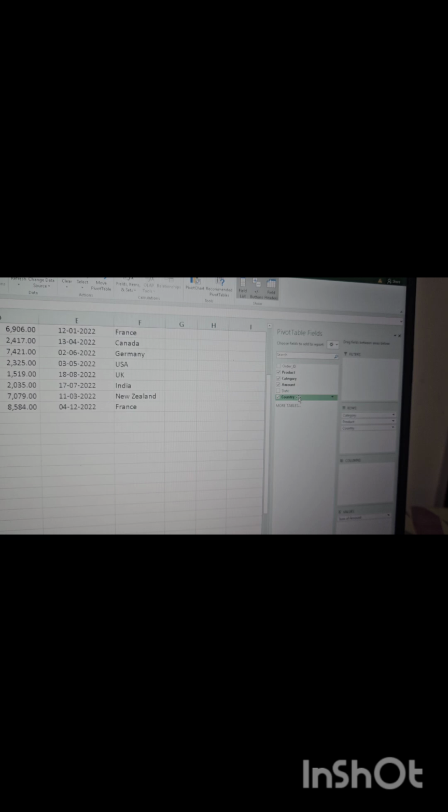Now it says only for India. For only for India, what do we have to do? The country has to be shifted, the country has to be dragged to filters. So once there's already data in the pivot table, so just a second. So since the data is already there in the pivot table, I select the country first, and then I move this country to the